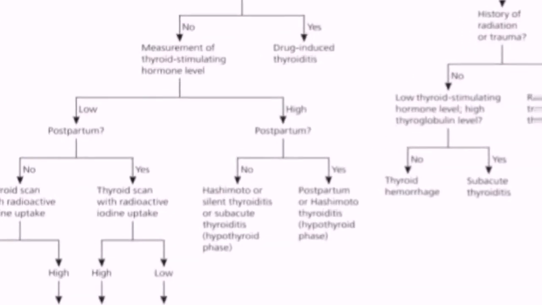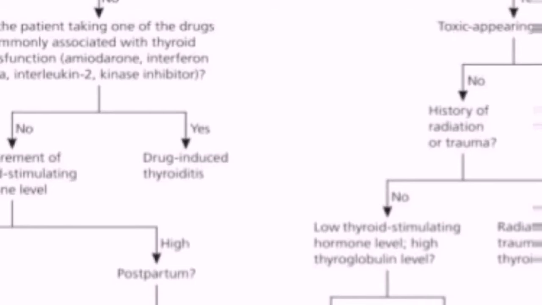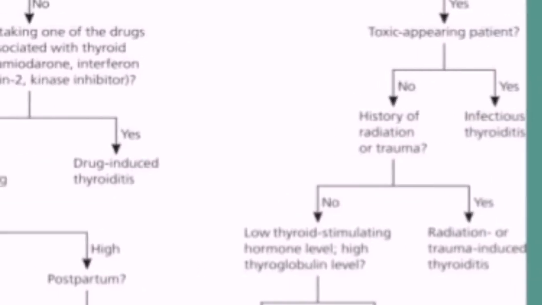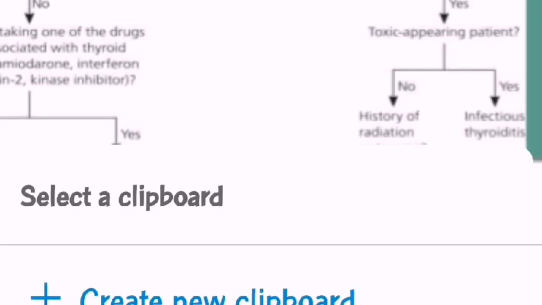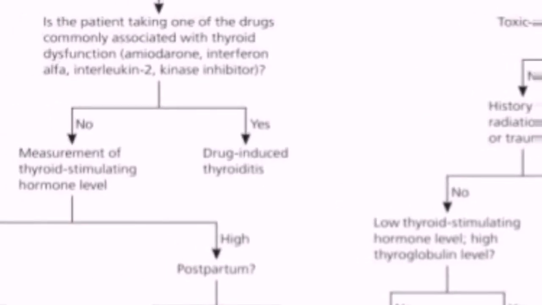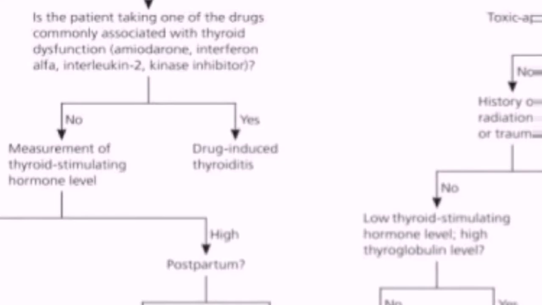You can see here some diagnostic points. First, thyroid pain unexpected: if it is yes, it is a toxic appearing process. If it is no, then is the patient taking one of the drugs commonly associated with thyroid dysfunction, amiodarone or